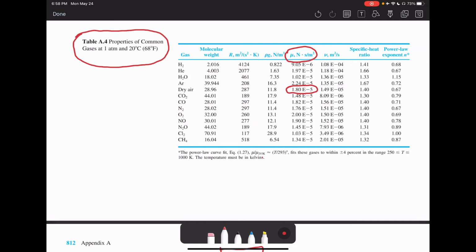And viscosity actually is affected a lot by those conditions. So what we're going to have to use is this little equation at the bottom of our table that says that mu over mu at 293 Kelvin is equal to T over 293 to the power